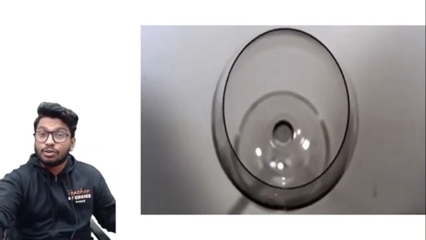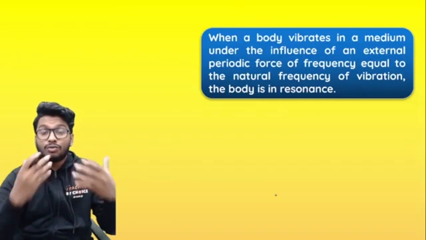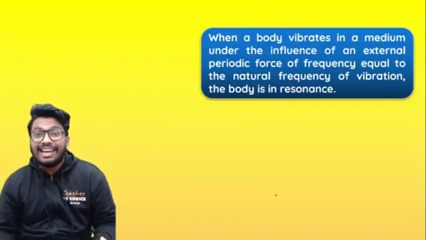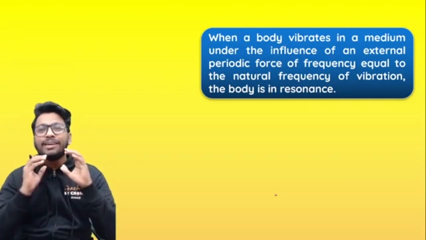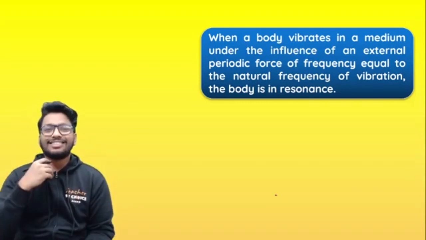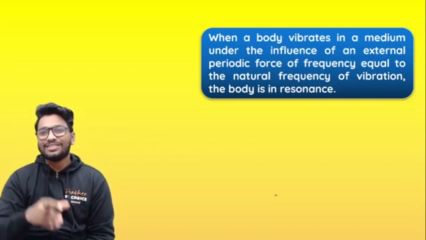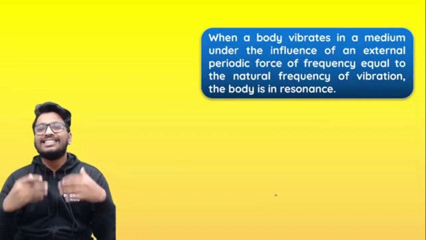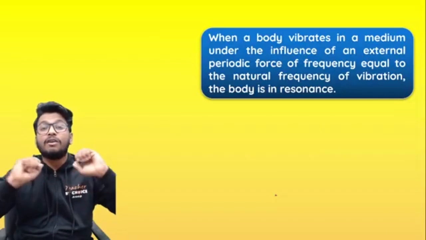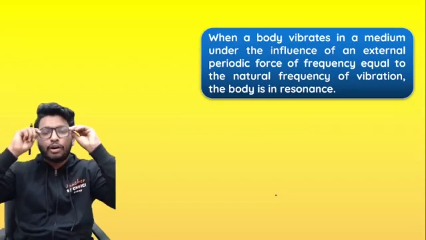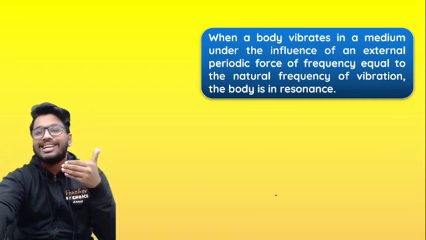When the frequency of the forced vibration, and the force that you're applying should be periodic in nature. It should not be like ee and then stop and then go ee. That cannot happen. It should be like ee. Get the point? No? So, alright, when the frequency of the forced vibration becomes equal to the natural frequency of the body, the body starts to resonate, and this is what is called resonance. Or in other words, the amplitude of the vibration increases, and this is what is called resonance.